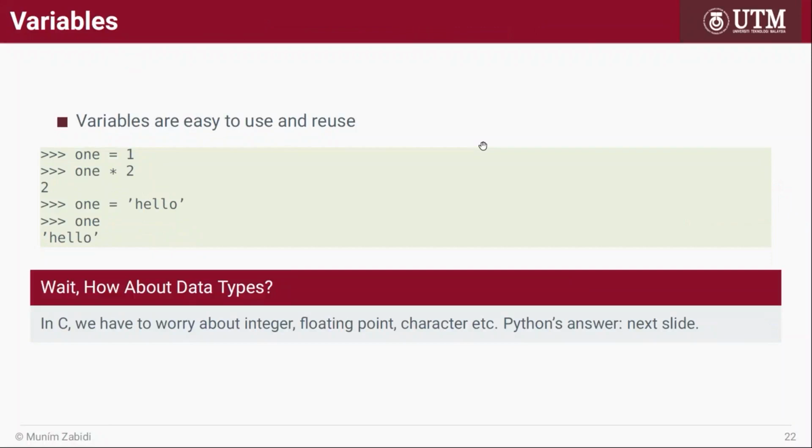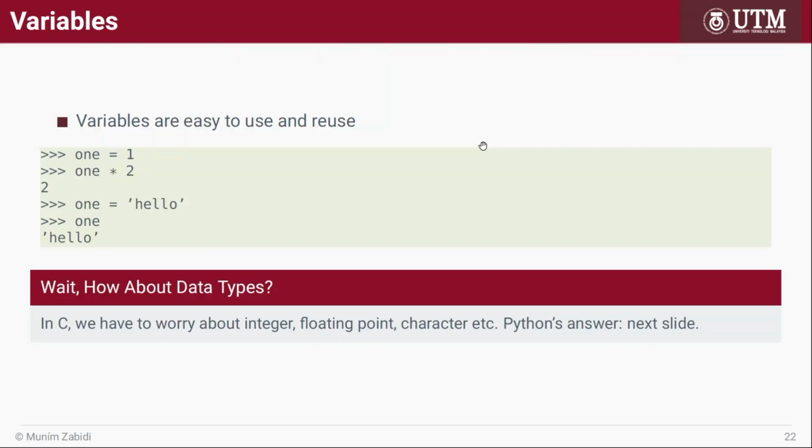Variables are easy to use and reuse. In Python, you can use variables normally, which means that the first character must be alphabetic, and then the subsequent characters can be alphabetic or number, or maybe 1 or 2 of the special characters. So let's just use all alphabetic characters. So if you put there x equal to 1, and then you multiply that by 2, you will get 2